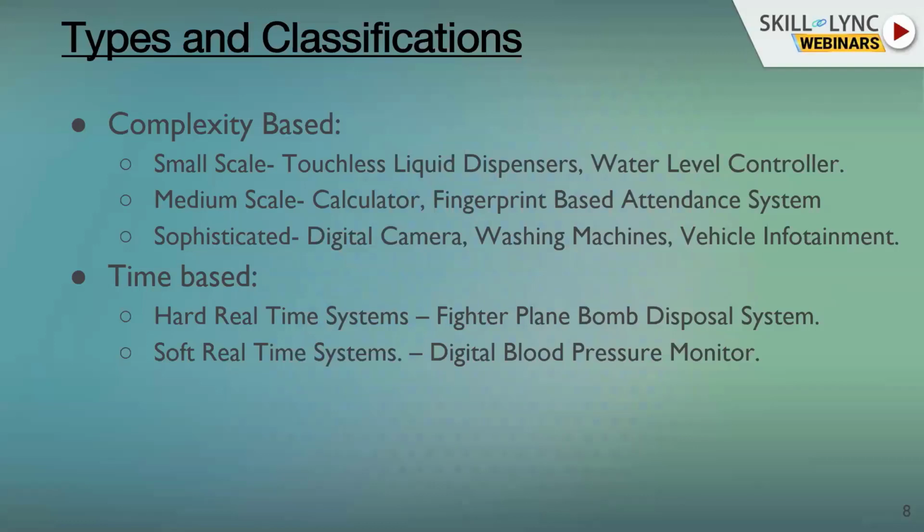And then we go over to another classification, which is essentially based on the timing that these systems have to adhere to. Now, as I said earlier, embedded systems are for a certain purpose. They are not general purpose computing systems. So because they are not general purpose computing systems, they are expected to perform efficiently as far as timing is concerned. Now, these timing requirements generally come from the type of application you are working with.